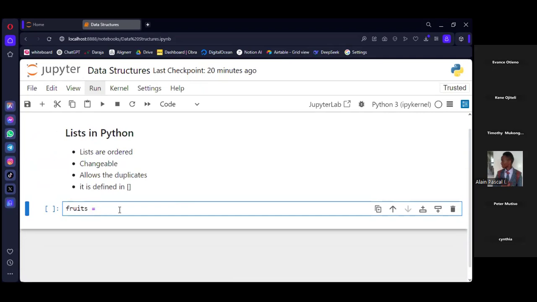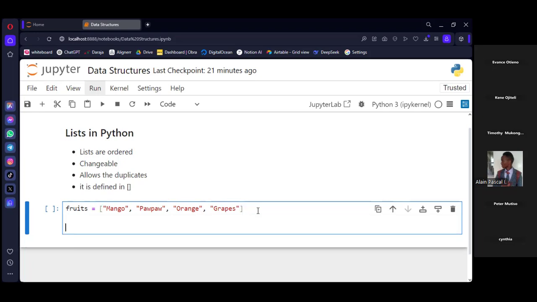Initially, we were storing simple things like integers. But now we can have a list of items, and in this list you can have things like, for example, mango, pawpaw, orange, and then grapes, or whatever kind of fruit it is.